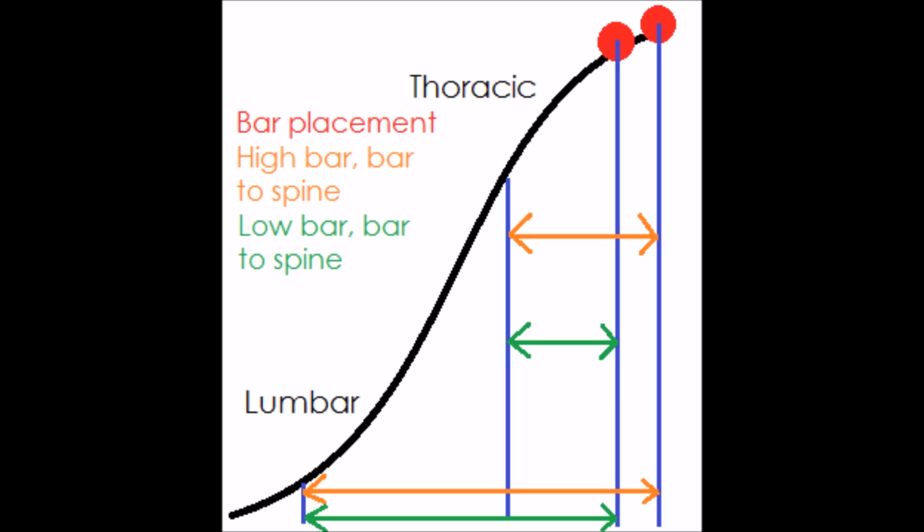for both the thoracic and lumbar spines, the absolute difference in moment arm is greater for high bar than low bar. You'll also notice that the relative difference is greater for the thoracic spine than it is for the lumbar spine. So if we assume a 10% difference in bar load, there might be about a 10% difference in moment arm when we're comparing the lumbar spine. However, it's probably closer to a 25 to 30% difference when we're comparing the thoracic spine,